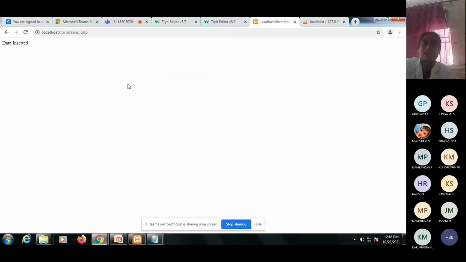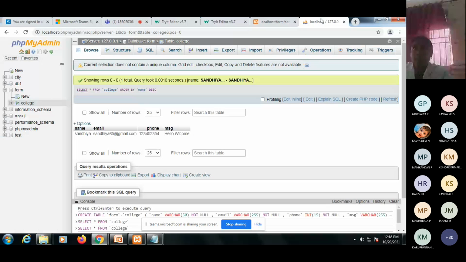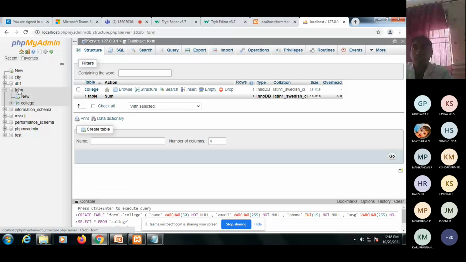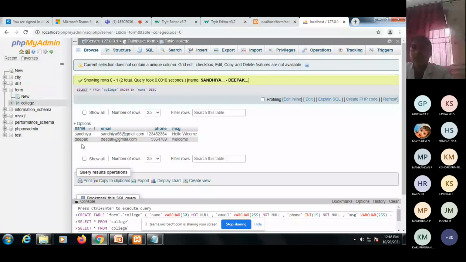So then see this. Open this form, refresh it, and open this college. Yeah, now it will be added. In this PHP server, I did not add anything else. Just directly from that web page, it will be added here. Okay, so this is the way of creating a web page in HTML by using an HTML form and the post method, to insert data in your phpMyAdmin.